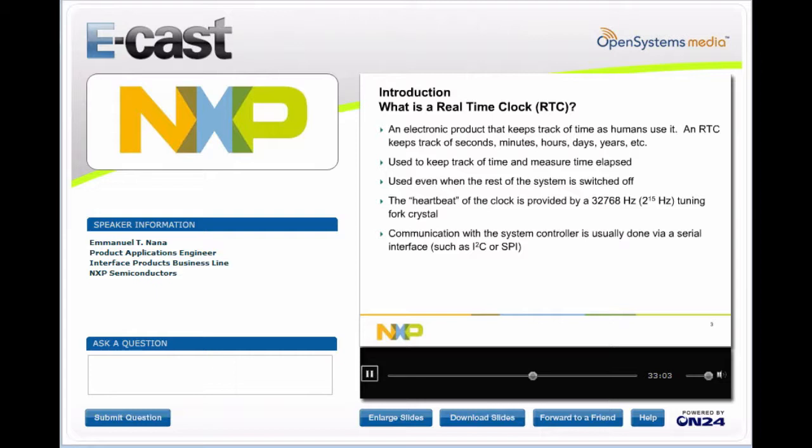And then continuing with the applications, an application that will require a real-time clock. One of the applications I want to highlight here is a battery backup application. Typically you see solar green energy is something that is coming up a lot, and you find a lot of energy harvesting systems. So you find a lot of systems that are using solar power or some other form of energy harvesting power